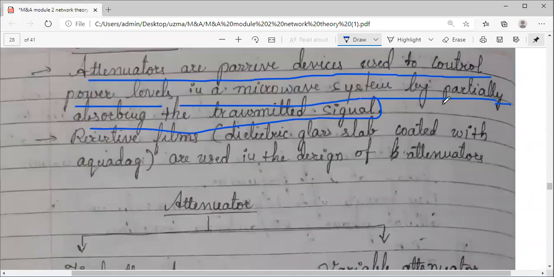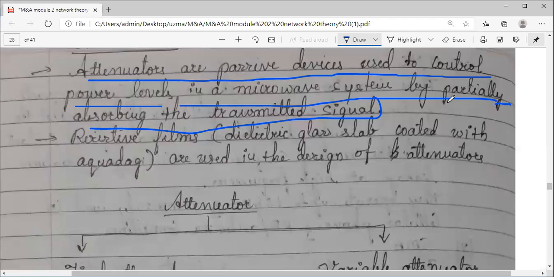So by making use of a section of the transmission line, we design these attenuators, and they fit into that particular section. Whenever a wave is propagating through the transmission line, it can be a coaxial line, a waveguide, a strip line, anything.